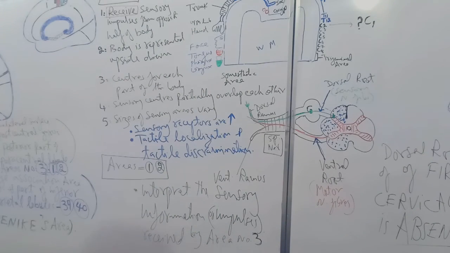This was the primary somatosensory area, the supralateral surface of the postcentral gyrus, divided into anterior part, middle part, and posterior part, continuing onto the posterior part of the paracentral lobule, numbered by Brodmann as area number 3, anterior part; middle part, area number 1; and posterior part, area number 2, which continues onto the posterior part of the paracentral lobule. Next is the parietal lobe. Next to it, you can see this is the superior parietal lobule, this is the inferior parietal lobule, this is the intraparietal sulcus, and this is the parieto-occipital sulcus.